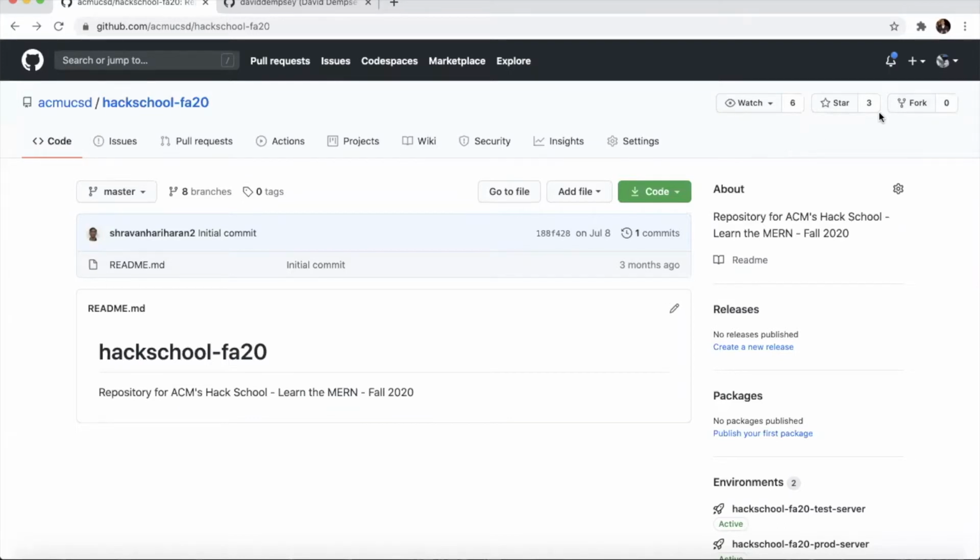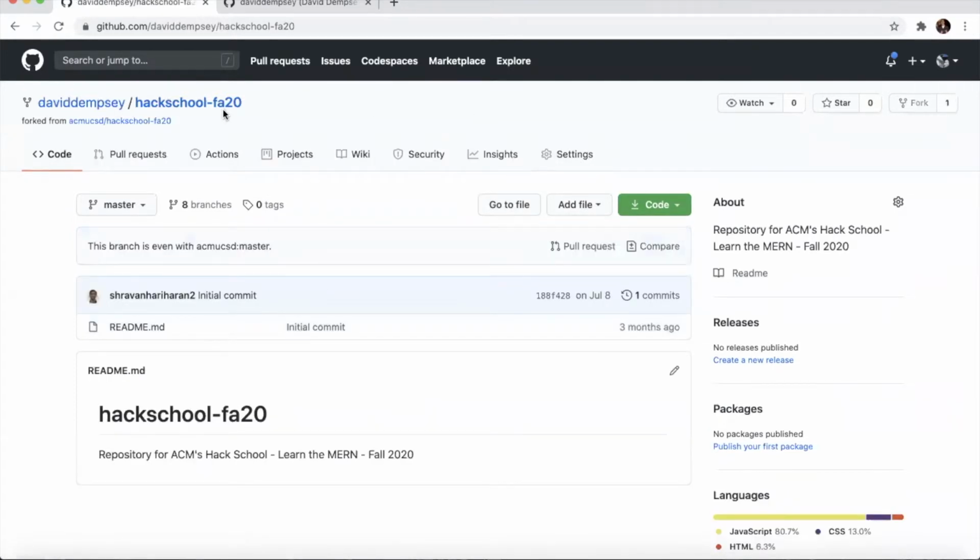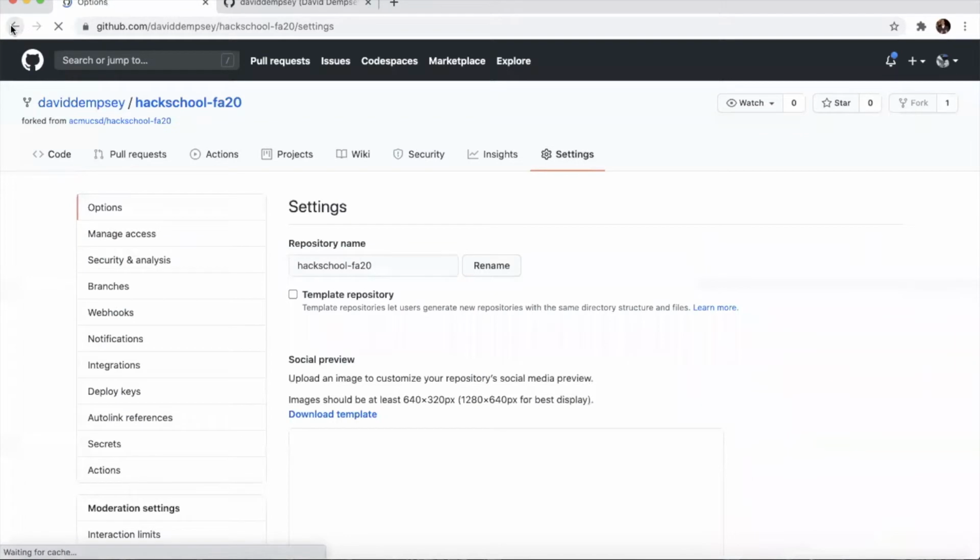You can fork the repository by going to the top right of your window and clicking fork, which essentially makes a copy of the repository and allows you to edit it locally. Now that we've forked the repository, we're ready to clone it. We need to clone the repository in order to make changes locally and to have our own version of our